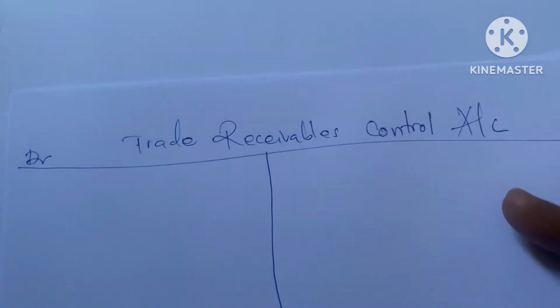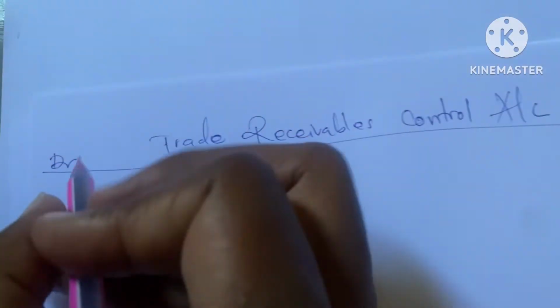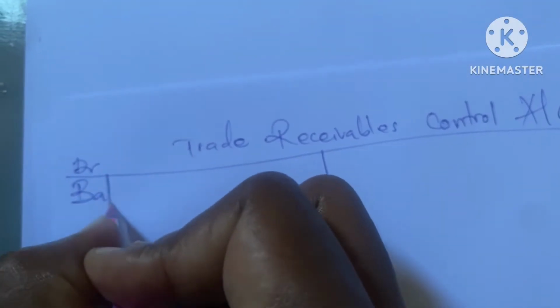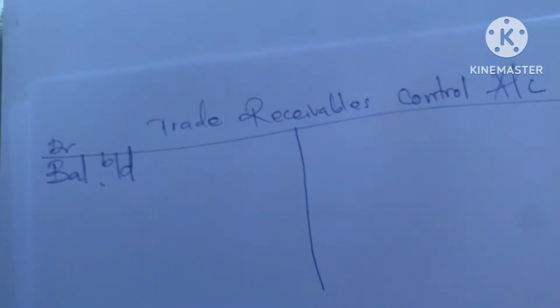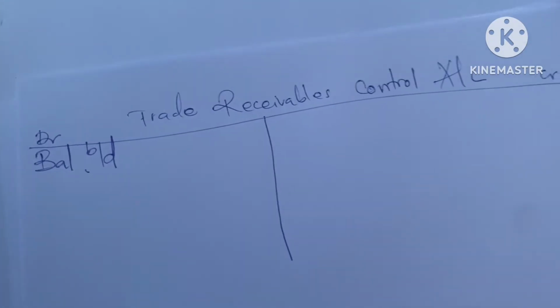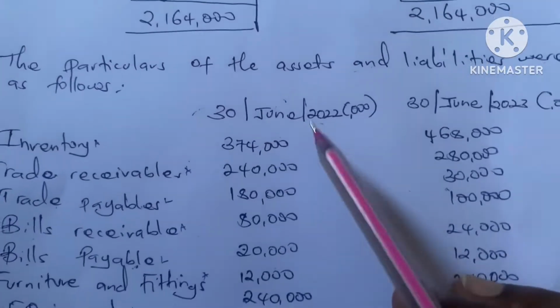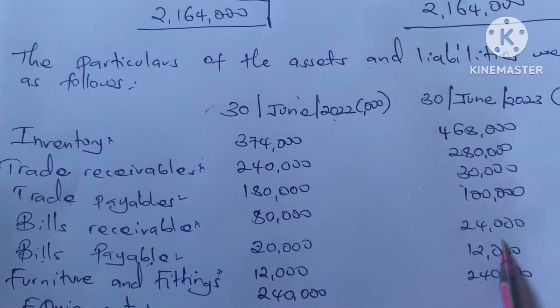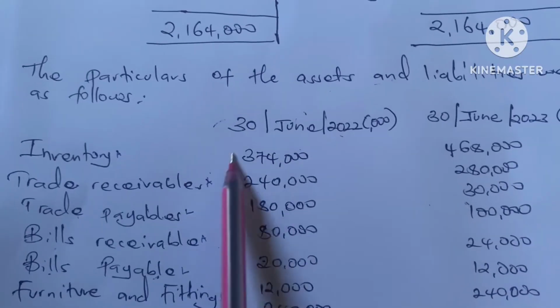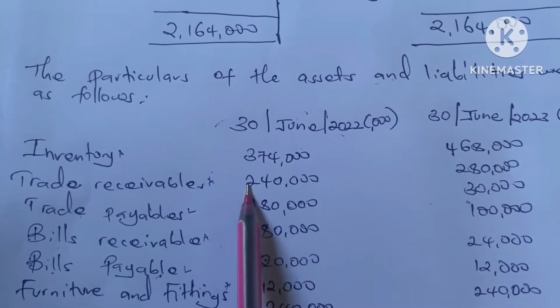So debit, then credit. We said it has a normal debit balance. So the balance brought down, or the opening balance, is always on the debit side. So this is our question. These are the opening balances, these are the closing balances. So this is the opening balance for trade receivables,